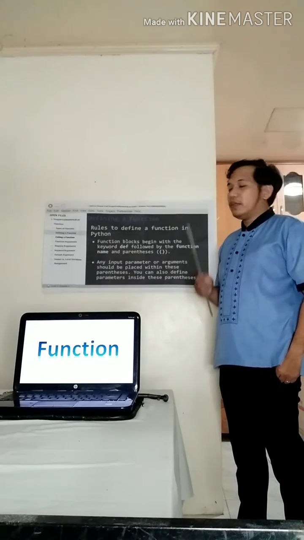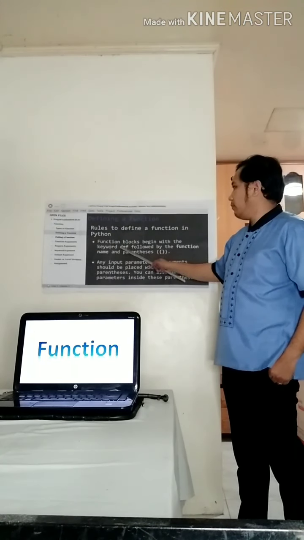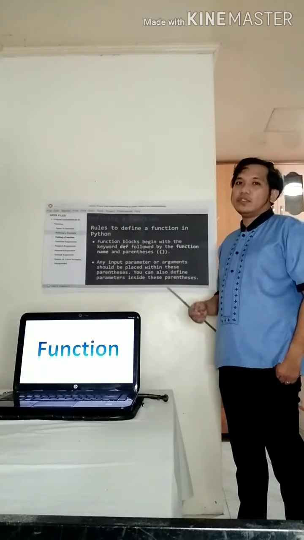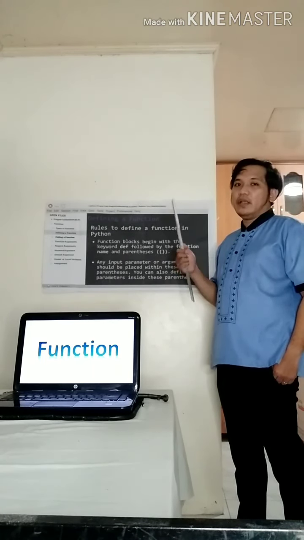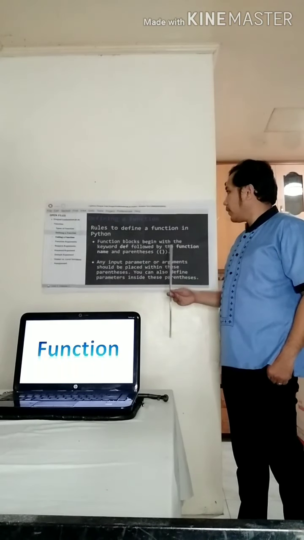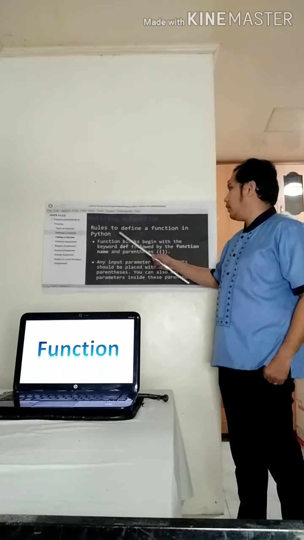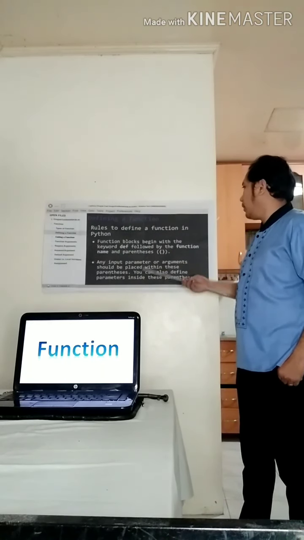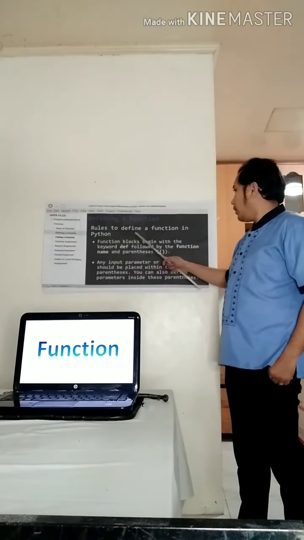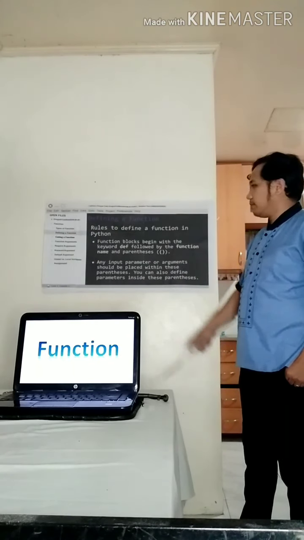So, class, be careful because this is case sensitive. Most of the IDEs that we can use change its color when these three letters are typed, and then it is followed by the name of the function and parentheses.